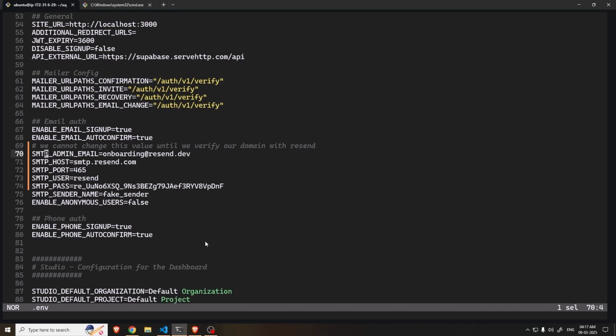And we also need to change this value, enable email autoconfirm, to false. If we set this value to true, that means that all the new users will automatically be confirmed. We do not want that, right? We want our emails to be verified. Only then the users are allowed to register. So now